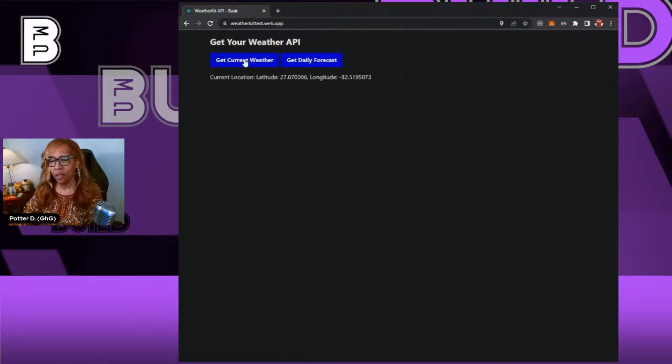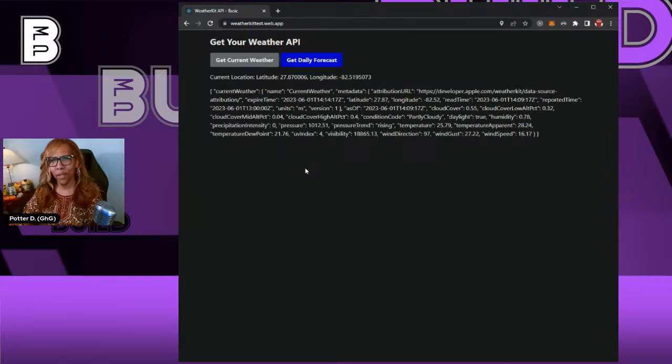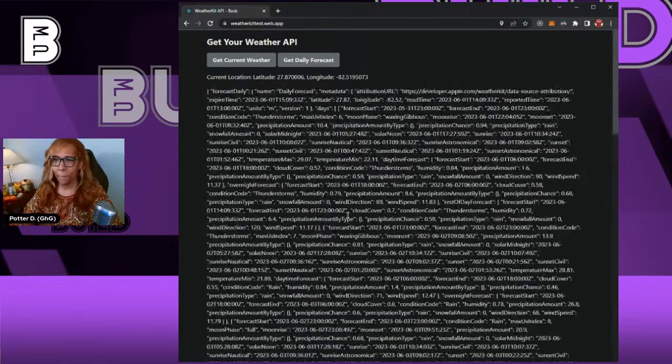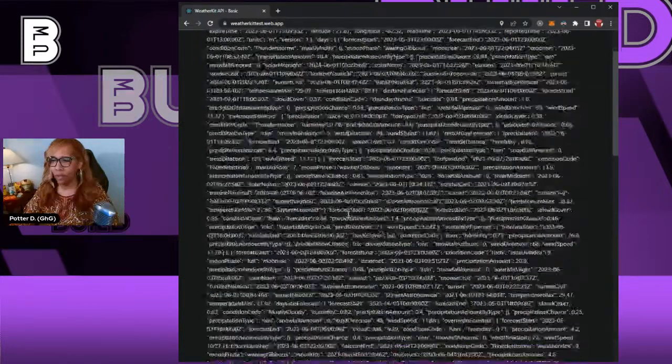And then I simply go and get the current location weather. So this is the API response that it returns. I grayed it out so you can't abuse it unless you refresh. And then if you want to get the daily forecast, you can get it here.